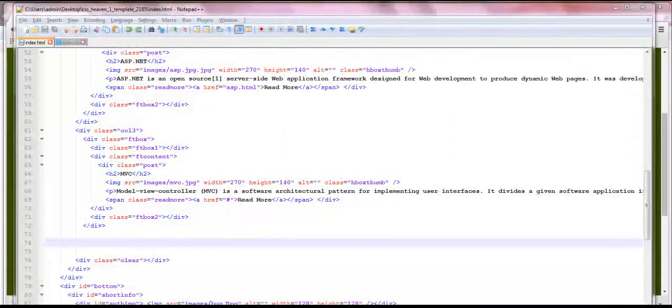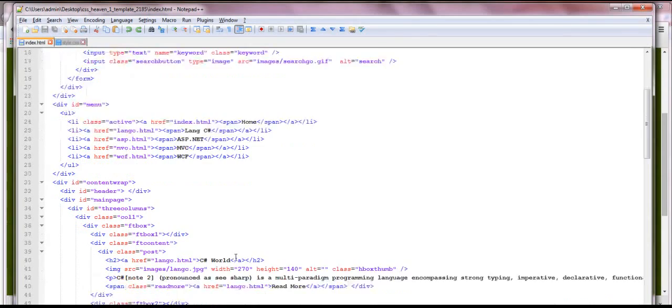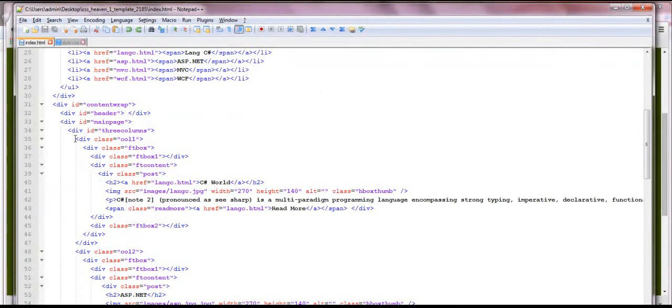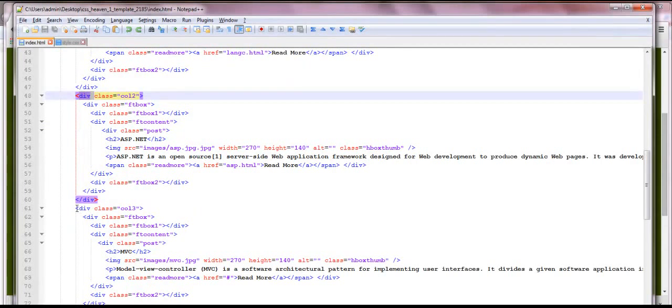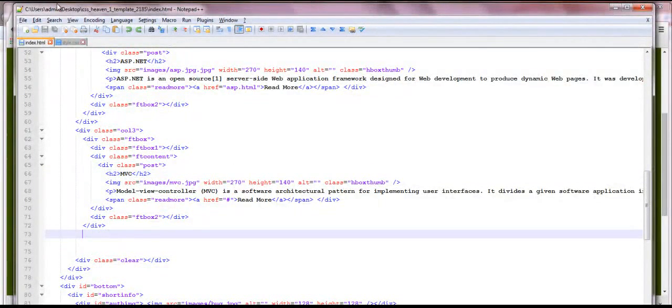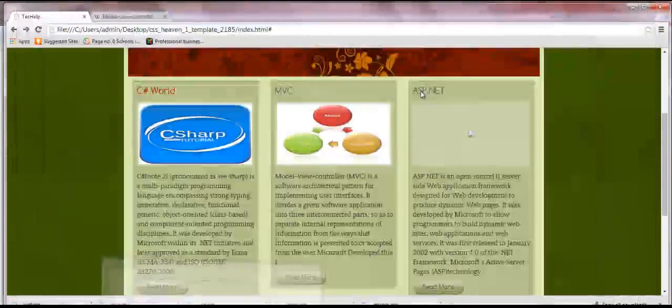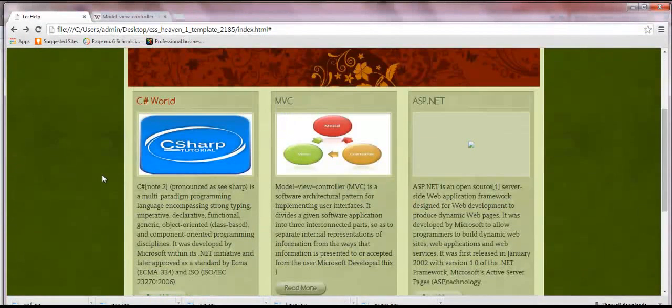See this, I modified the code of the index file. First I would like to place C# in column 1, the first window, then ASP.NET in column 2, the second window, and then MVC in column 3, the third window. I save it and refresh the web browser. Check it, everything has been modified: C#, MVC and then ASP.NET.